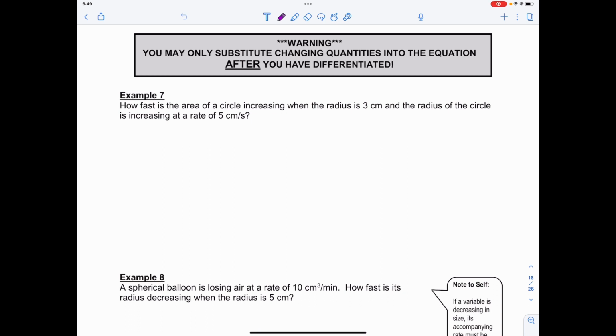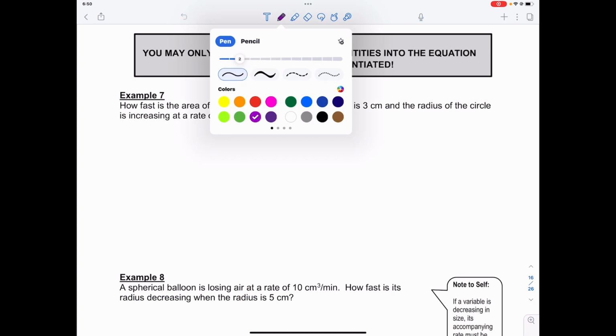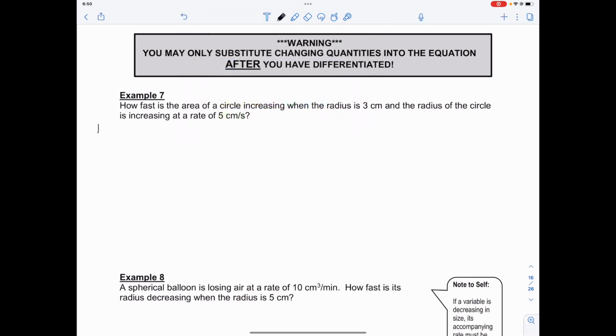Okay, so it is important to note that you can only substitute changing quantities into the equation after the differentiation has occurred. It's not going to work before, so it has to be fully differentiated, and then you're going to substitute in actual values. So, for example 7, when it says how fast is the area of a circle increasing when the radius is 3 centimeters and the radius of the circle is increasing at a rate of 5 centimeters per second. So we know that we're dealing with the circle